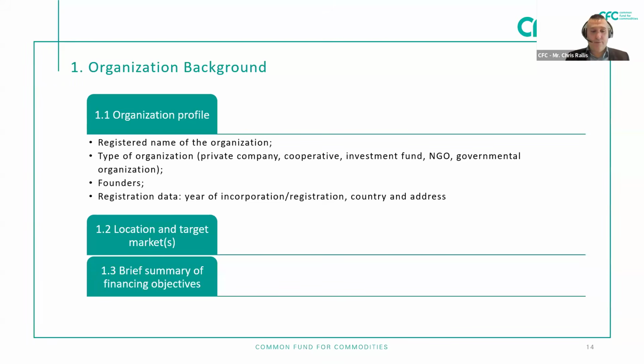This could range from disbursement against documents, but it could be also the case that the CFC disburses funds already at the time when the company sources the raw materials from the farmers. What is important here to remember is that since trade finance is always linked to the execution of specific purchase orders, we would like to know more about your clients. If you see on the right side, there is a little box where you can indicate your client.